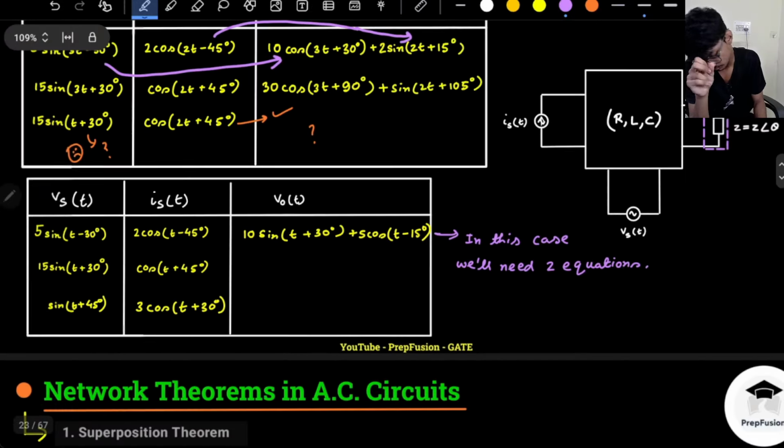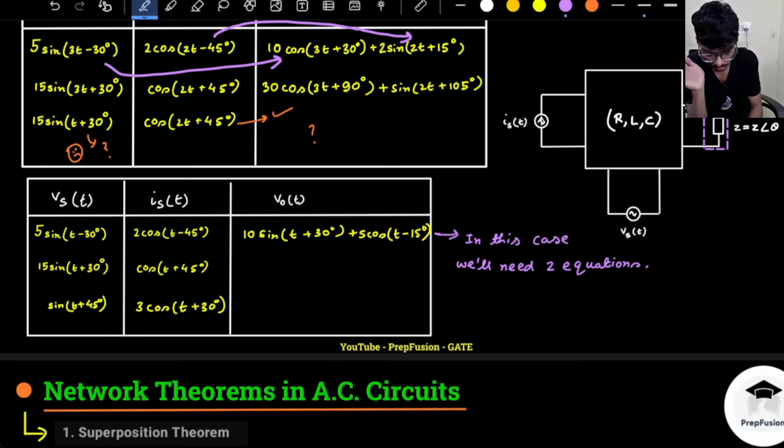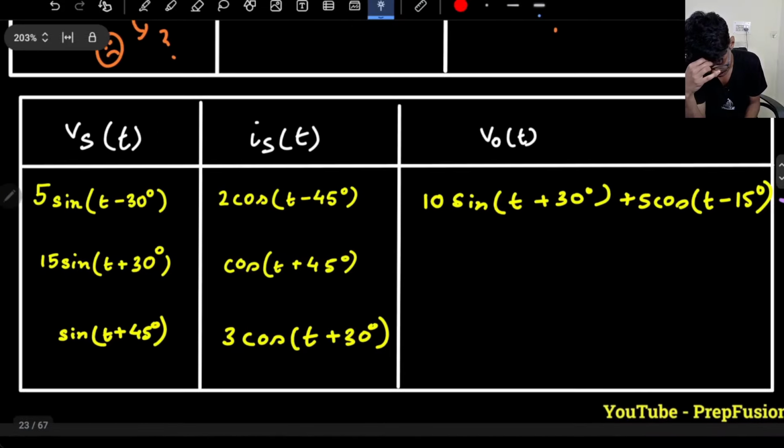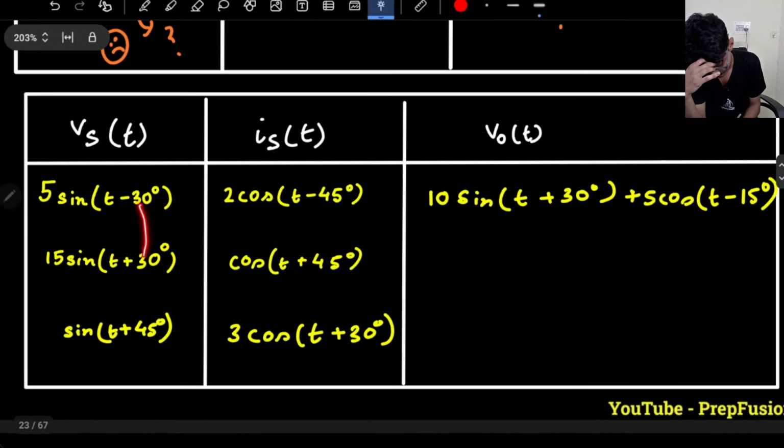Okay, so yeah, that is what I will tell you. So unless and until I tell you due to which response this is, you will not be able to find it out. So now if I change this, right, if I, let's say if this is minus 60,